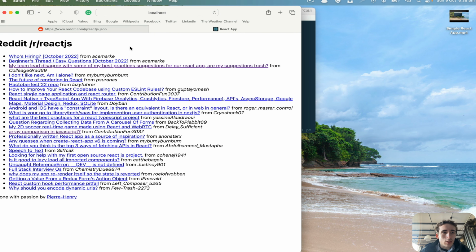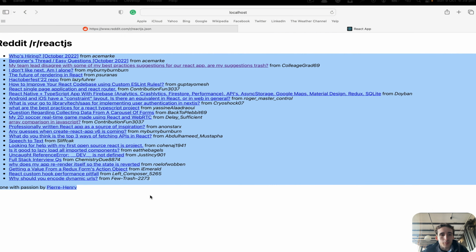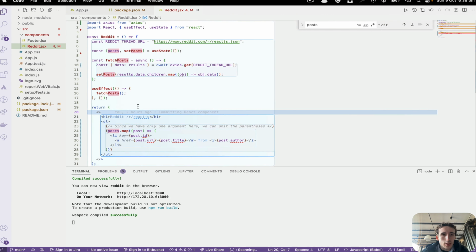So now let's continue our Reddit React.js, but here it will be mostly improvements. So we will make the application better. So at the moment, let's go to our code editor. For you, maybe it's VS Code, maybe it's IntelliJ or WebStorm or whatsoever, doesn't matter, but let's go to our